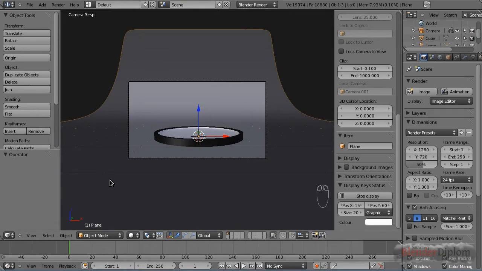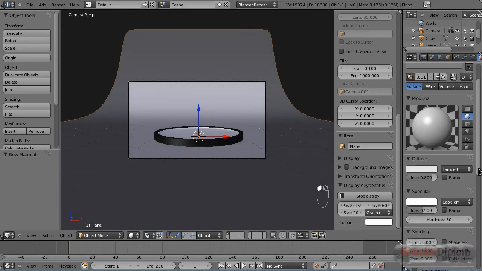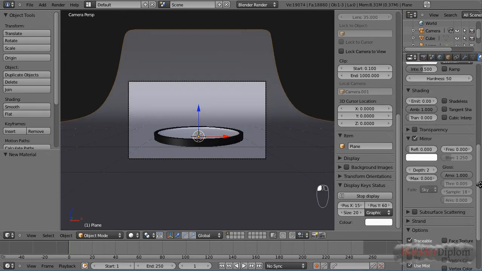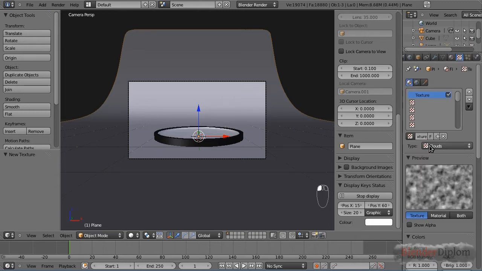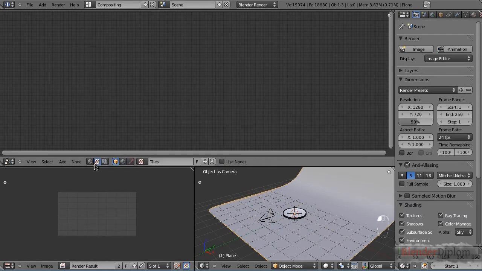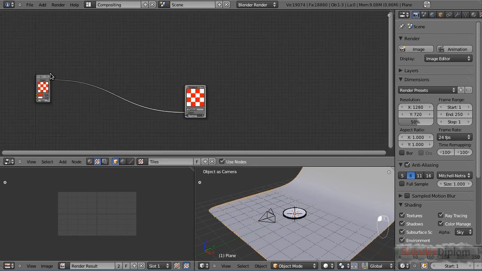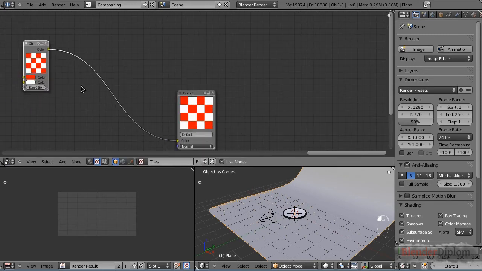So now that this part is finished, let's head over to create the texture for the floor. So let's first add a new simple material and just turn on mirror, but keep the reflectivity at 0. And now let's add some texture to it. New one, call it tiles, and we're gonna use the texture nodes for this. So let's select textures, use our tiles texture, select use nodes, and now let's set up